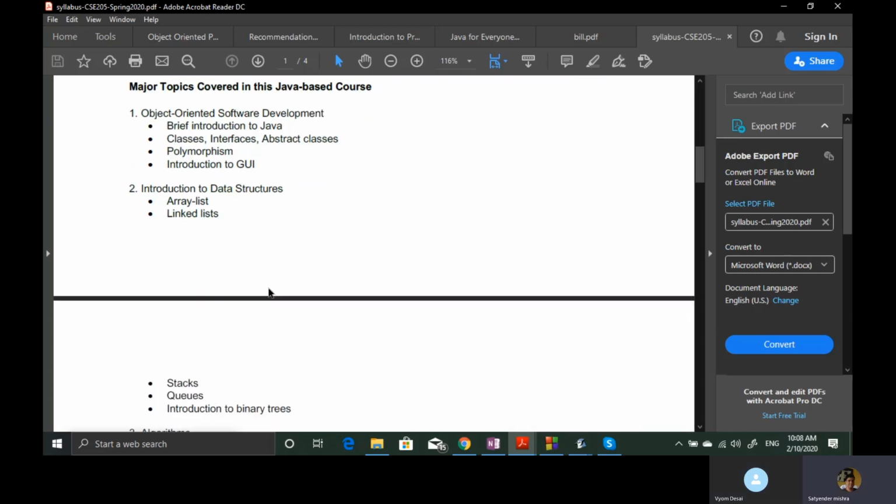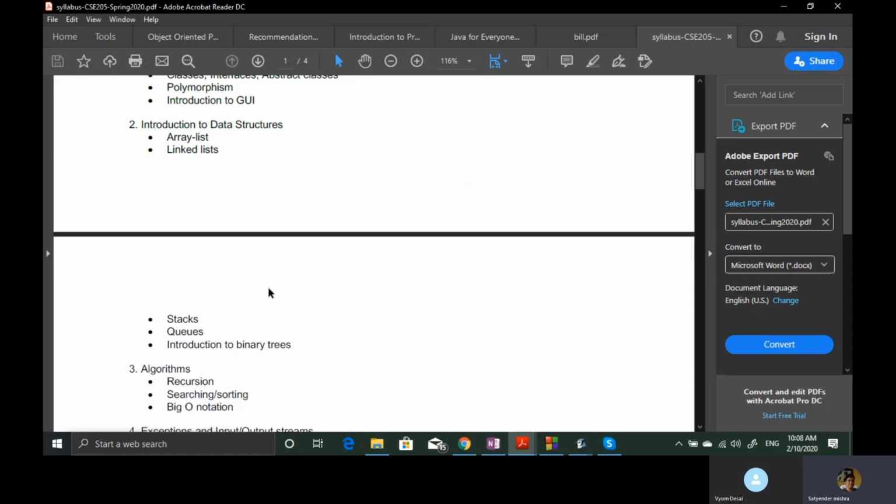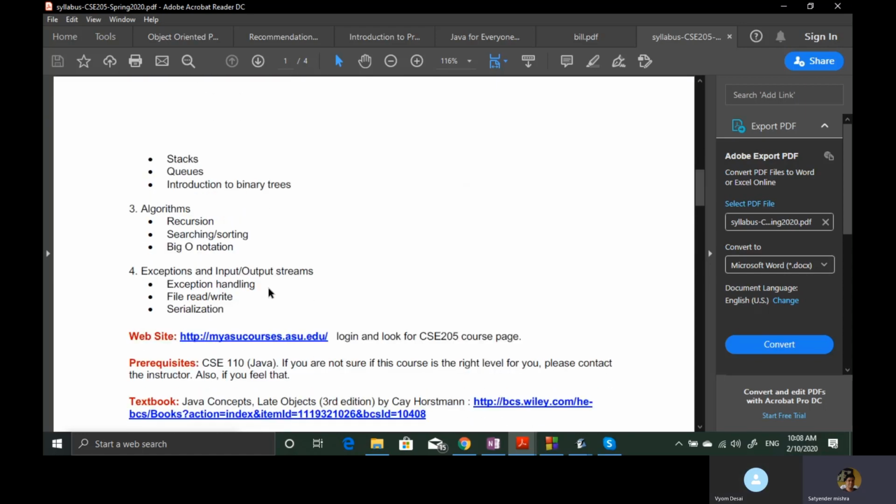Introduction to GUI, फिर array list, linked list, stacks and queues, introduction to binary tree, फिर algorithm है: recursion, searching, sorting, big O notation, और exception and input output streams, exception handling, file read and write, serialization।